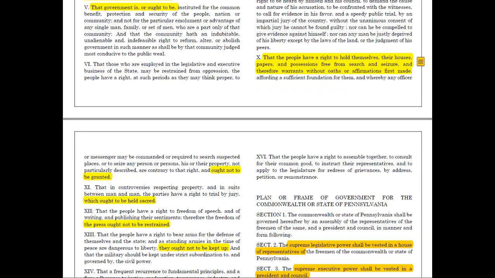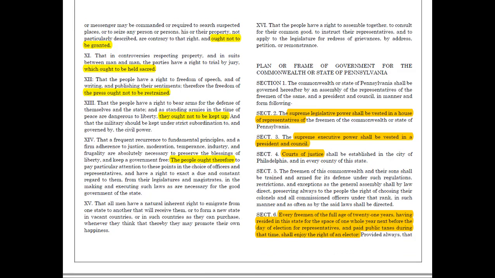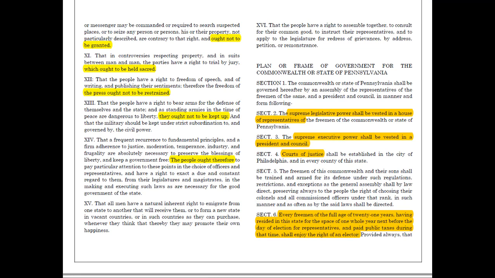people. We'll come back to the Bill of Rights here after we finish looking at the construction of the primary branches. Then if we come all the way down to, I guess this is page 3. No page numbers on this edition. And we look at the plan or frame of government for the Commonwealth or state of Pennsylvania. We see in section 2, 3, and 4 this trilogy that we're familiar with, legislative, executive, and judicial, except we see that the courts are clearly treated as a kind of afterthought or as a third thing, not the equivalent of the first two. Section 2 reads, the supreme legislative power shall be vested in a House of Representatives of